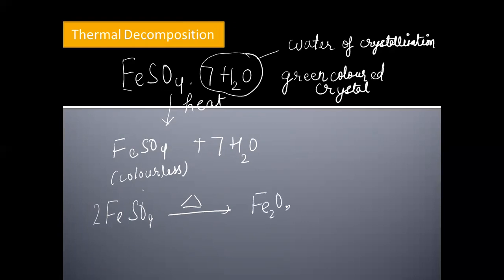Fe2O3 will be formed. Along with that, sulfur dioxide and sulfur trioxide are formed. So this is the actual process that's taking place. Ferrous sulfate, which was colorless, is now decomposed to form Fe2O3. This is known as ferric